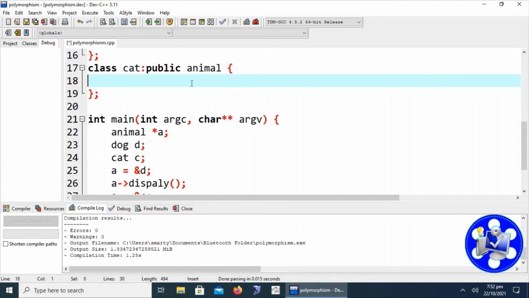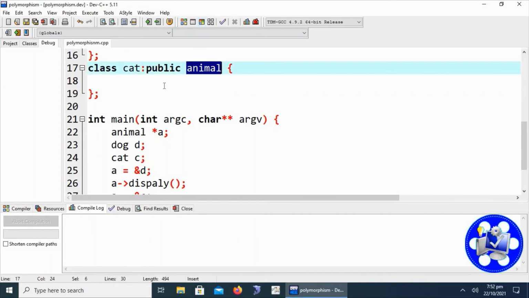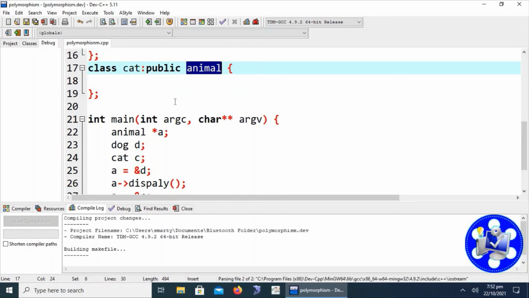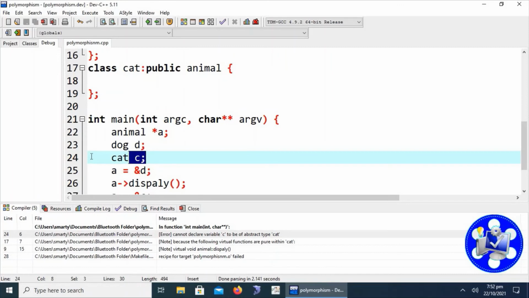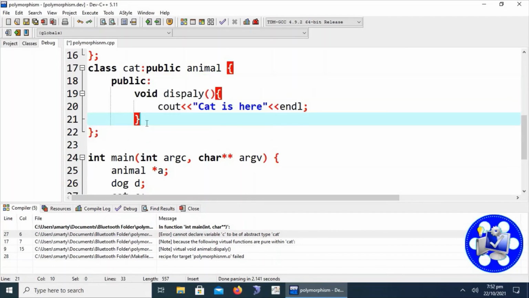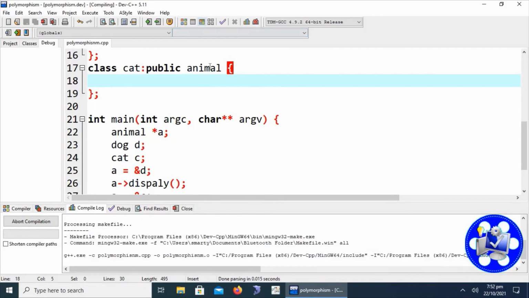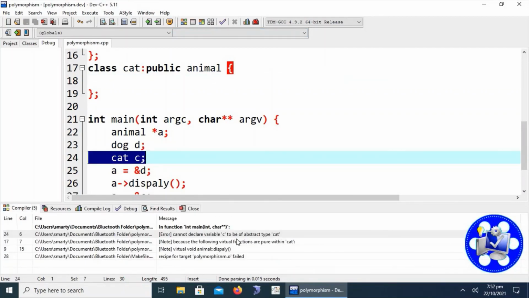If we remove the definition of the pure virtual function from the child class, what will happen? Now we are seeing here the object cat cannot be created. This derived class will also be converted into an abstract class.